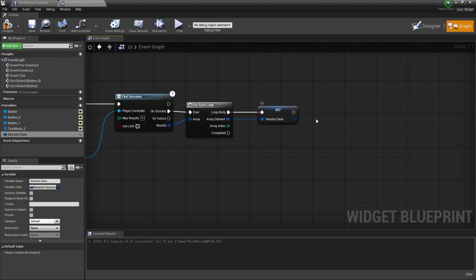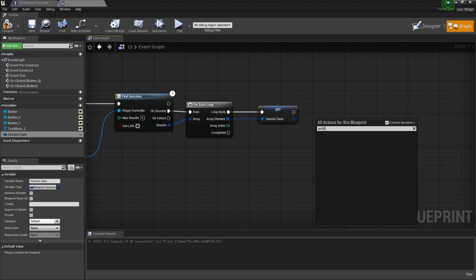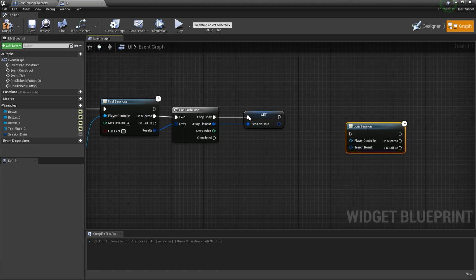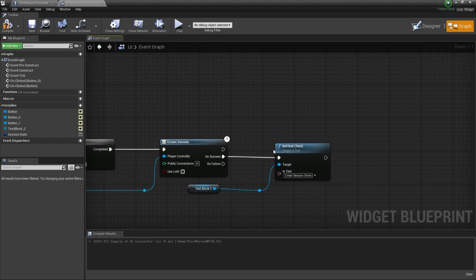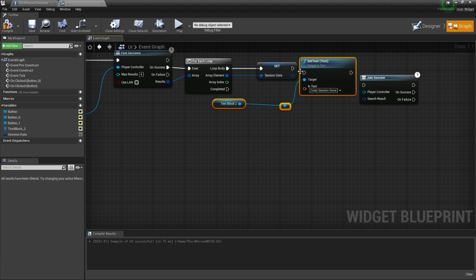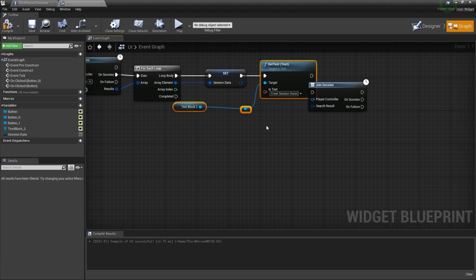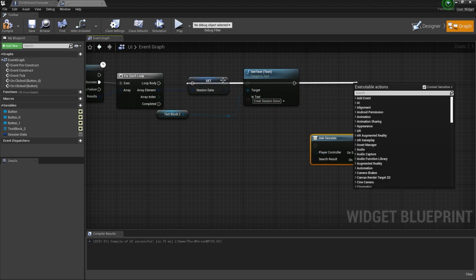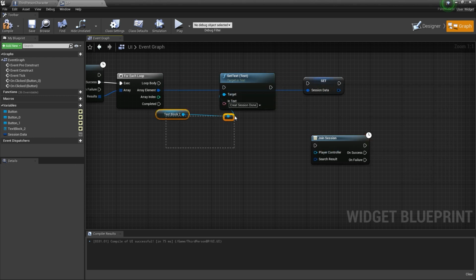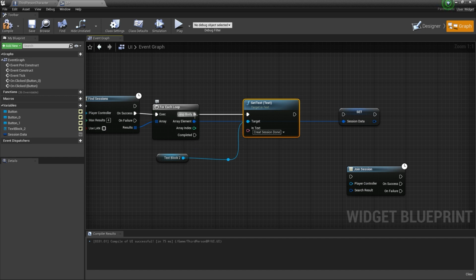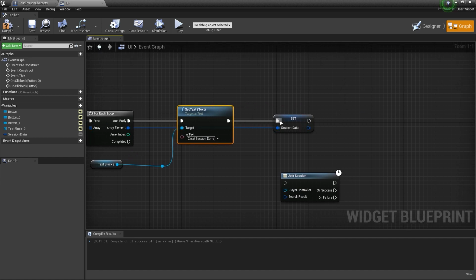Now because we have the session data, we can join. So basically what should we do? If we successfully found that session, I'll get the text that we found that session. Here, before this one, let's place it so it will look nicer, I think. For the Loop Body, don't need to connect with Completed, just connect it to Loop Body, like that.